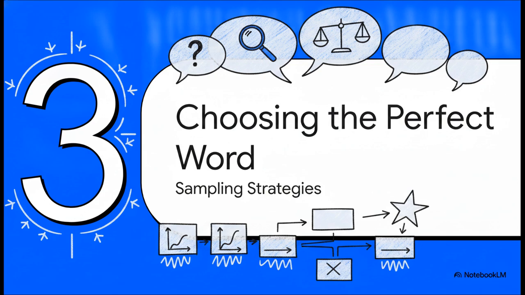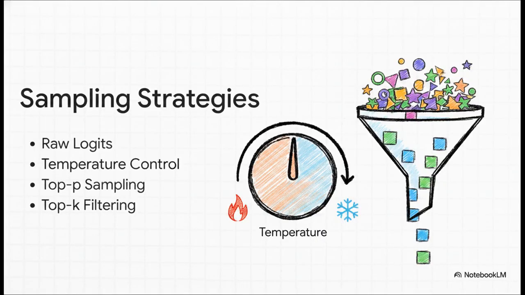Let's talk about sampling strategies. So to control that exact moment of creation, we use these things called sampling strategies. The model starts with raw logits. Think of logits as the model's initial gut feelings about the next word. But then we can apply temperature, which is literally a creativity dial. Crank the temperature up past 1, and the model gets more random and creative. Turn it down, and it gets highly focused. We also use tools like top P and top K filtering. These restrict the model so it only considers the absolute most likely words, which is how we ensure the text